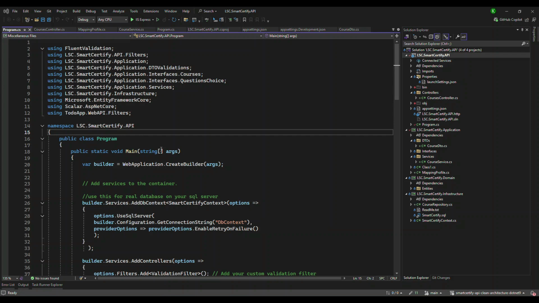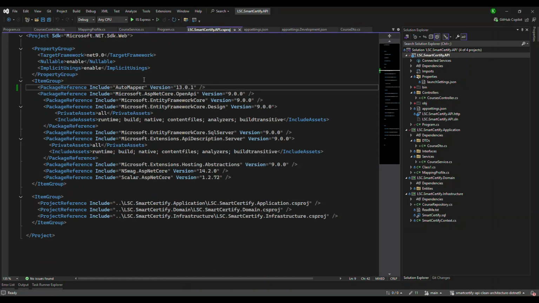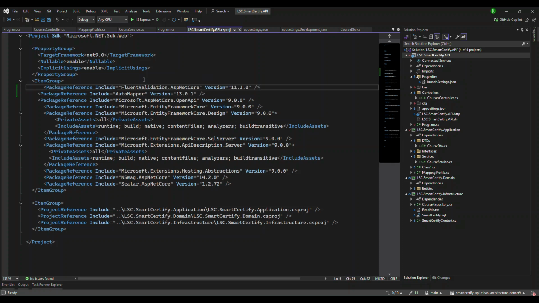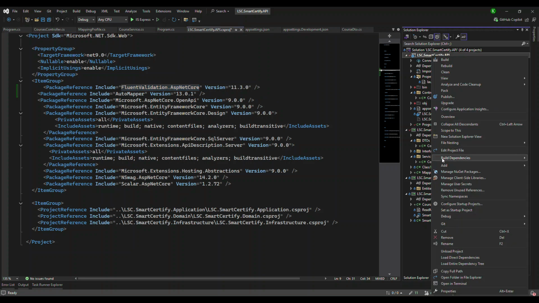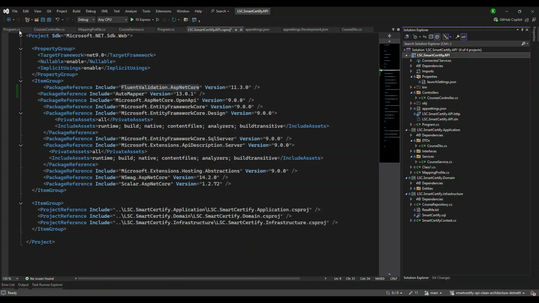So now let's see how Fluent Validation is going to help us with the scenario that I just explained. So we're going to do the pre-validation. First we have to install the Fluent Validation for ASP.NET Core. I already have the package, so let's go to this project. Like I said several times, you can either put the package reference directly here, or you can just use this package name, go to the NuGet package